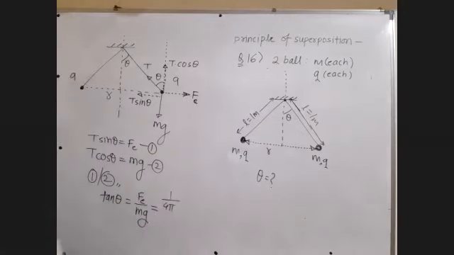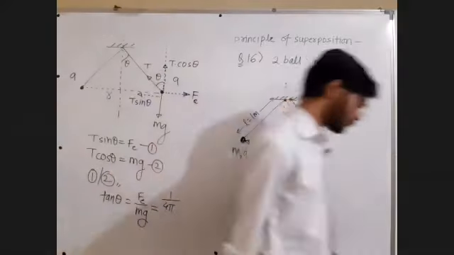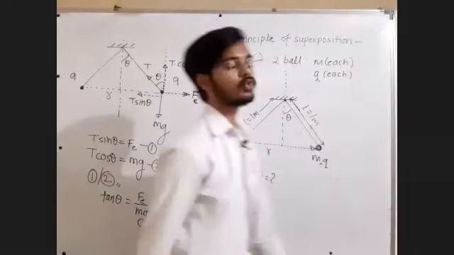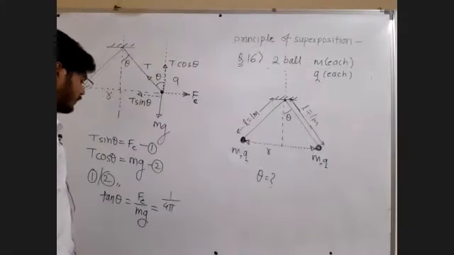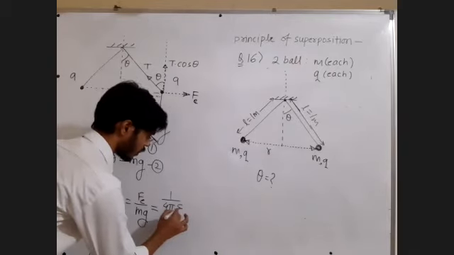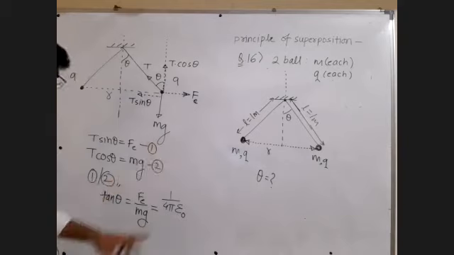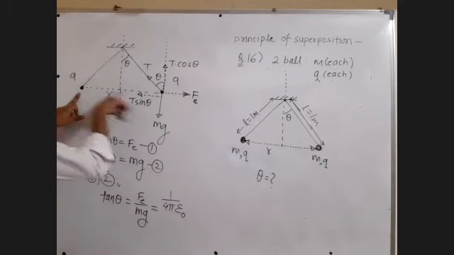But sir, the medium is not given. They have not said any medium is there. When the medium is not given, instead of writing epsilon, you will assume the vacuum. Okay, these are some conventions. If medium is not given, you will assume vacuum. So you will write epsilon 0. 1 upon 4 pi epsilon 0.